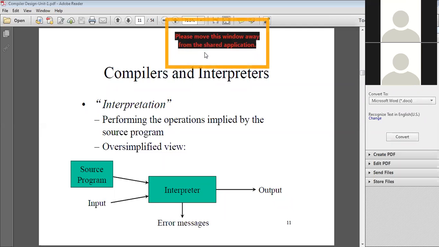So you can understand that the functions of both are the same. The interpreter also finds the error messages. If you consider the example of a C program, you can easily debug your program if it is run using the interpreter, because you can get the correct location where the problem is coming from, where the error is occurring.